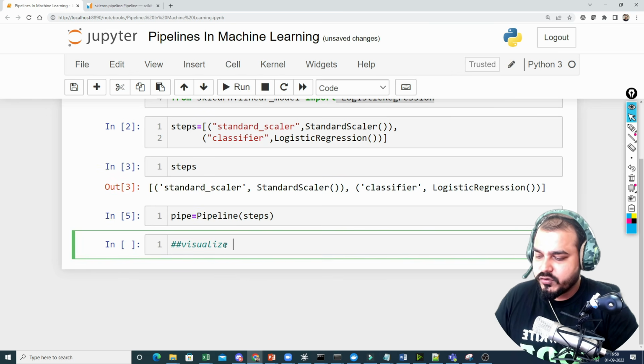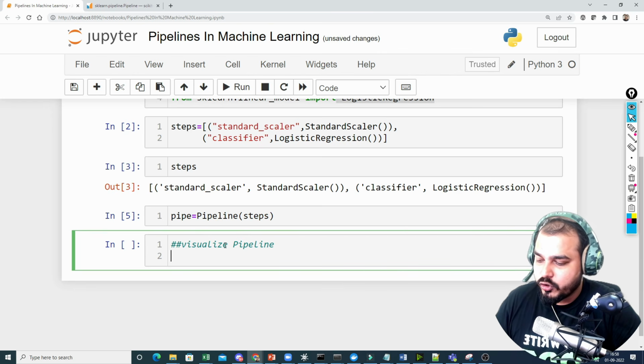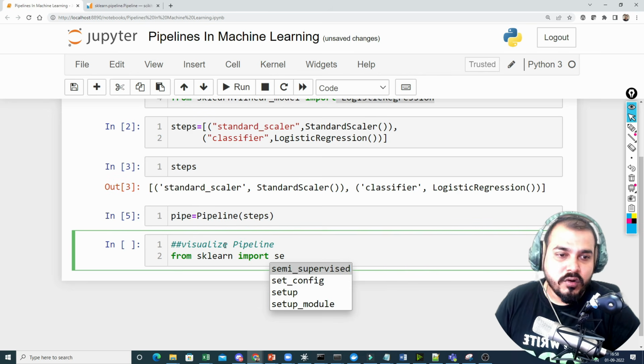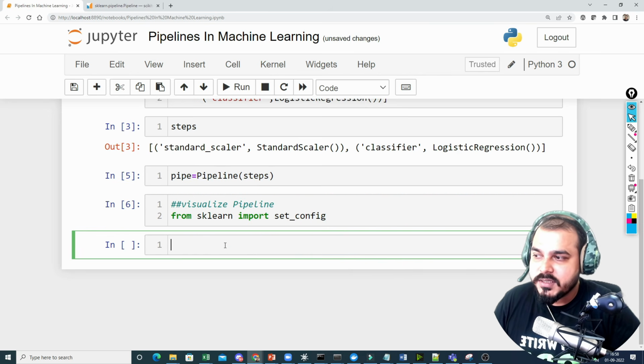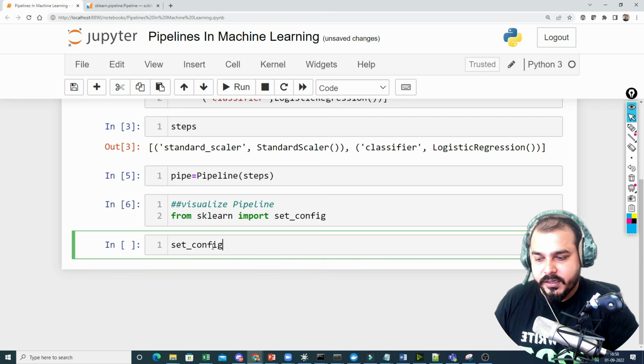So for visualizing the pipeline, I'm going to import set_config from sklearn. Okay. Once I do this, I'll set set_config with display